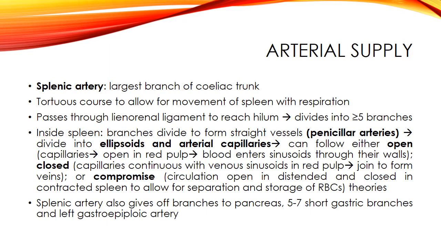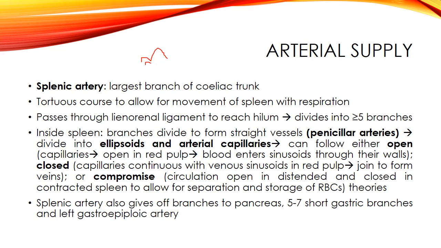The arterial supply to the spleen comes from the splenic artery. This splenic artery we have studied in the large blood vessels of the gut. This splenic artery is the largest branch of the celiac trunk. So the celiac trunk is the branch of abdominal aorta, and from the celiac trunk the largest branch is the splenic artery. The splenic artery has a tortuous course. It's not straight. It basically follows a tortuous course.